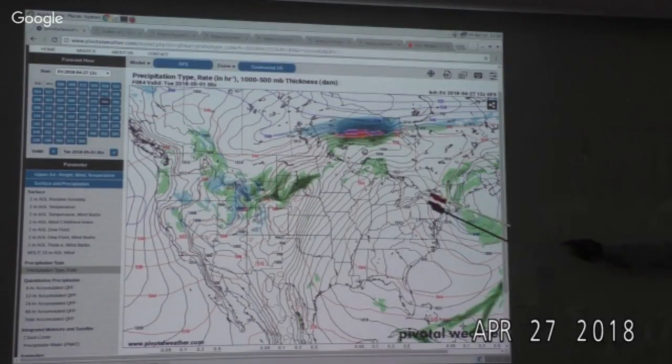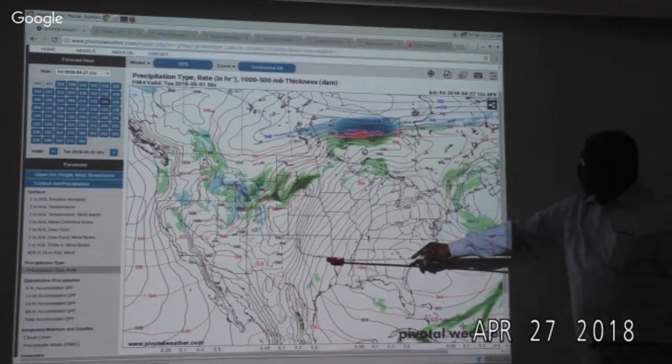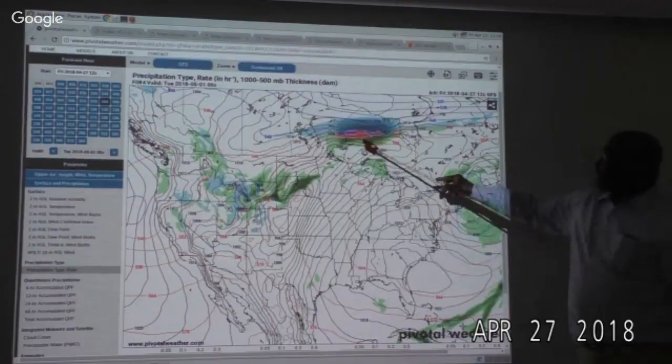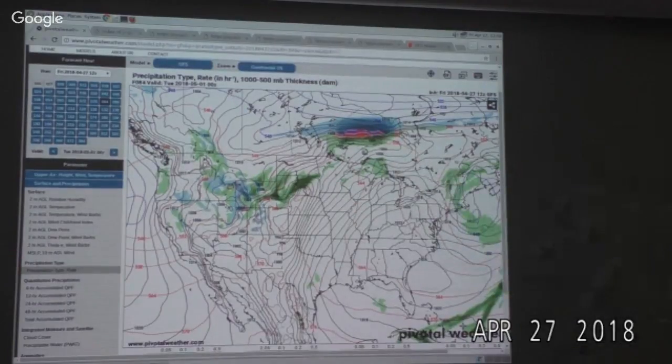Look at that heavy precipitation in northern Ontario. That's all Gulf of Mexico moisture, don't you think? It probably is. It's so dry, it takes a while for it to lift. Yeah, until it gets into just south of Hudson Bay.